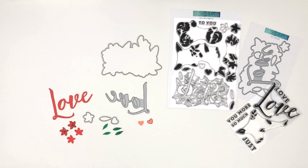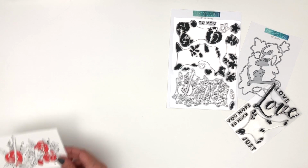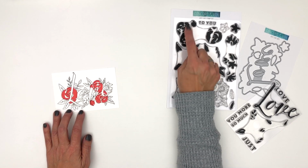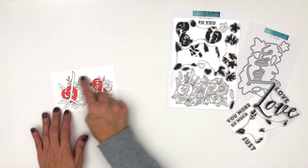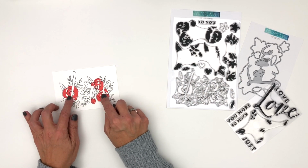I'm going to show you about the stamp set because it isn't your typical fill-in. Let me just move these over here. Okay, so when you stamp down that outer image there, you'll first stamp the outline, and then I'm going to show you how to fill this in. You've got this whole piece, see how the photopolymer is all connected? So you'll first stamp the outline, and then you can peel this off and just line it up over the top of,